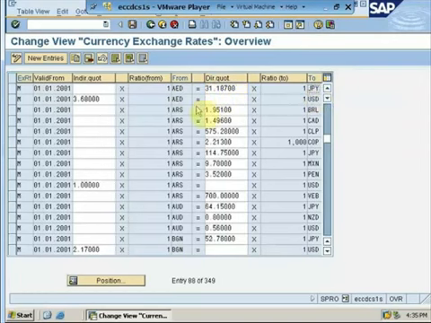Moving on to the concept of inversion, if I have defined Australian dollar to Japanese yen, and now my transaction needs to translate the exchange rate from Japanese yen to Australian dollar, it will automatically get derived from this exchange rate translation that we have defined if we have configured our inversion translation. Once I have defined my exchange rate, I just have to click save, and whatever transaction will take place, the system will automatically derive the exchange rate translation from this table. This concludes our exercise.